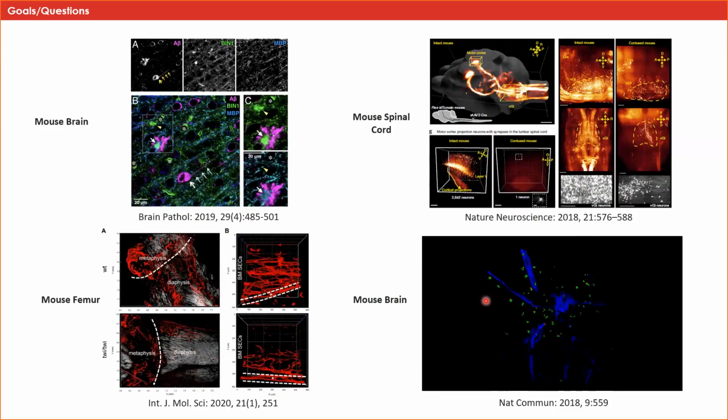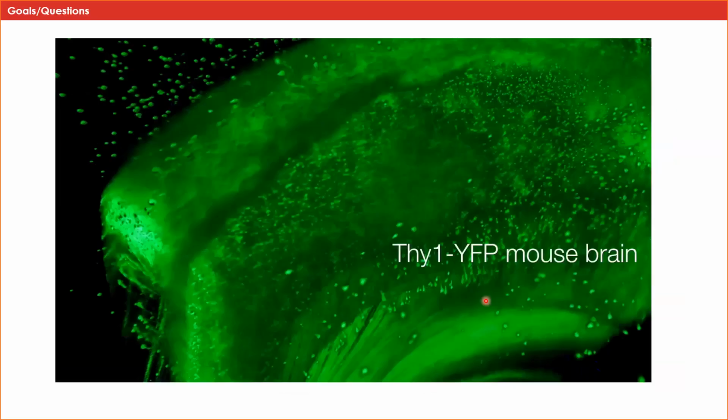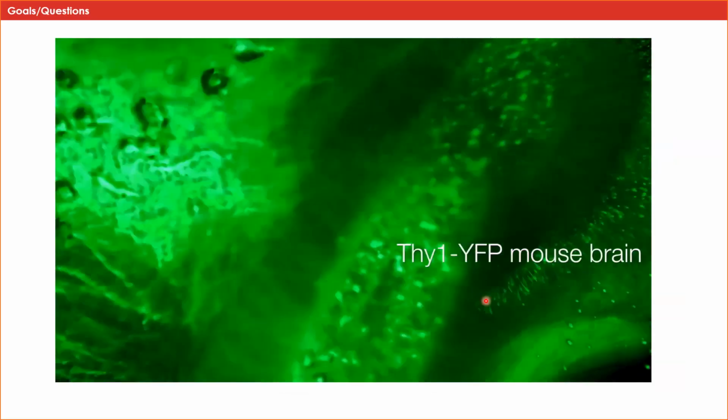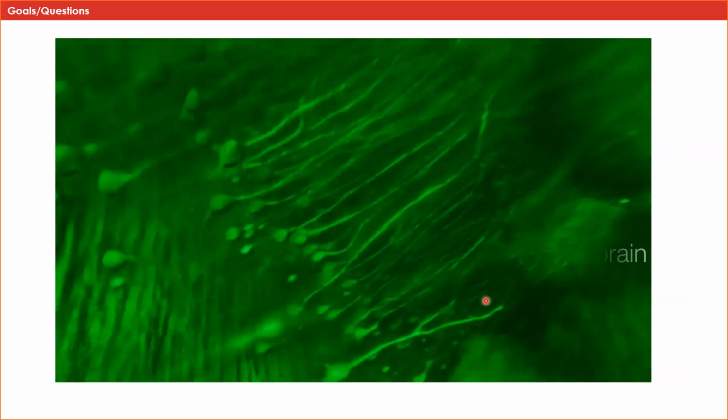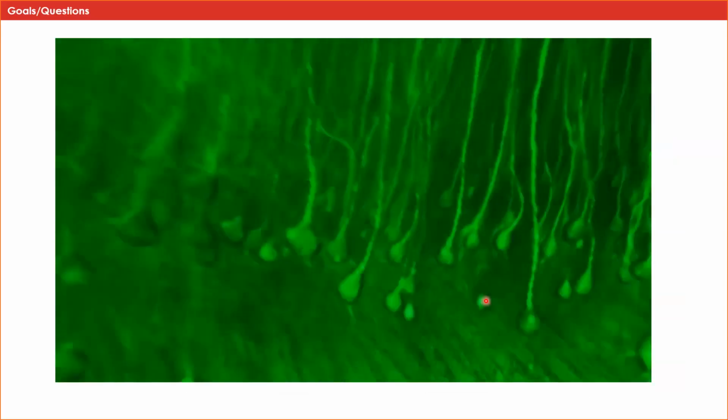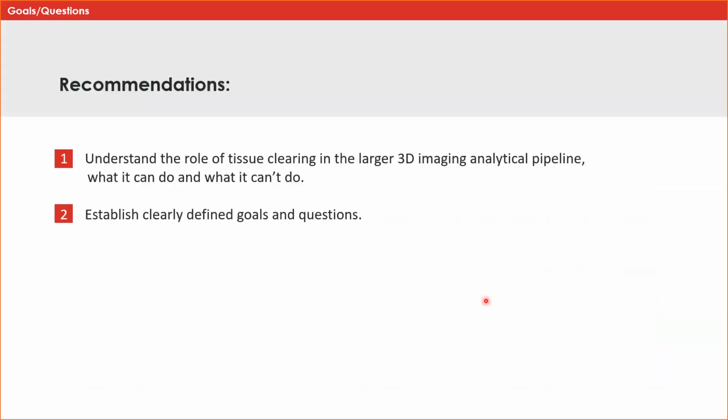As Gulpreet mentioned earlier, we live in a three-dimensional world. Therefore, to better understand the structure and function of our model systems and how disease or environmental factors impact these systems, we need to be able to better visualize and analyze these models, not only with a three-dimensional context, but across different size scales. Simply put, we need to be able to see both the forest and the trees at the same time. Tissue clearing helps us do just that, see both the forest and the trees at the same time. So for our first set of recommendations,